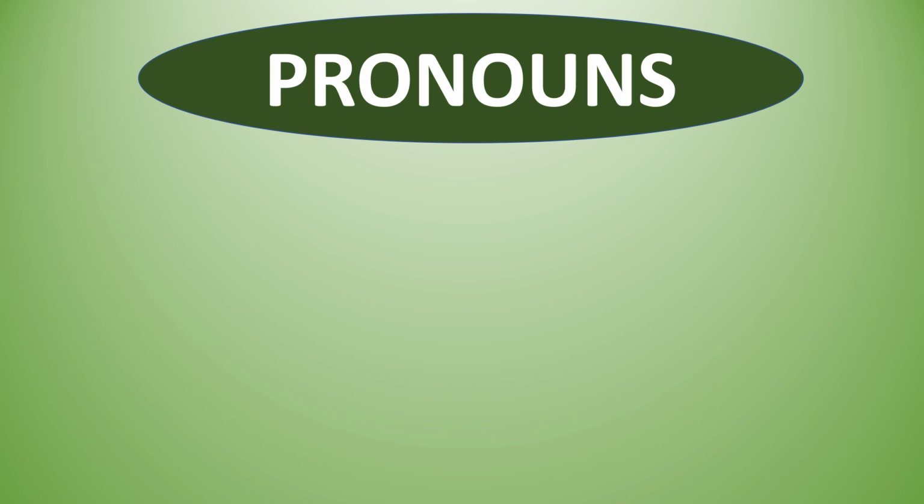Okay, now in these sentences, if you have noticed, I am repeating Divya and Divya again. So does it look nice? No. So what I will do, instead of repeating Divya and Divya again, I can replace her name with a pronoun that is she. Divya is my best friend. She loves to play guitar. She likes chocolates. She plays with me. Okay, so what I have done, I have replaced the noun Divya with a pronoun that is she.